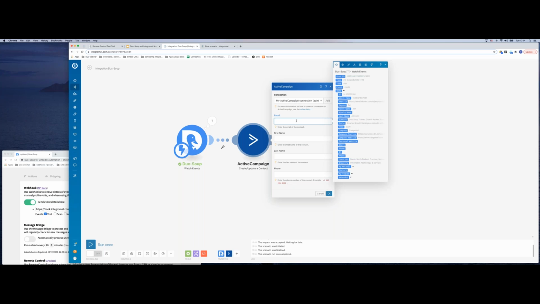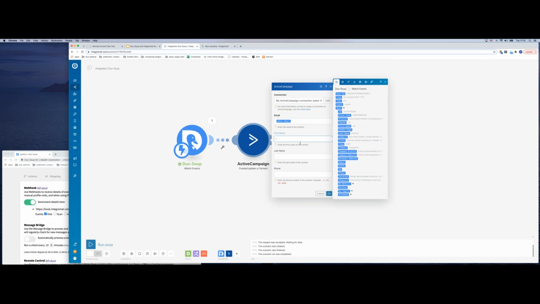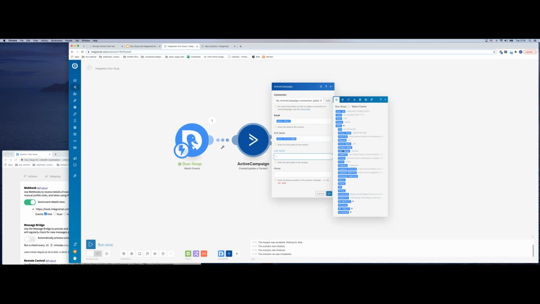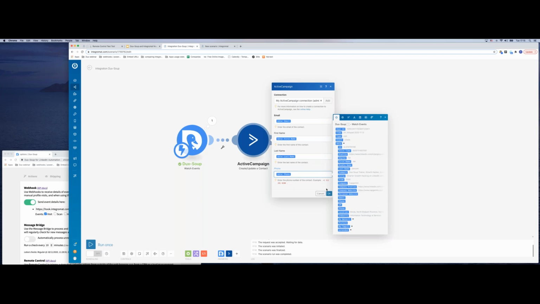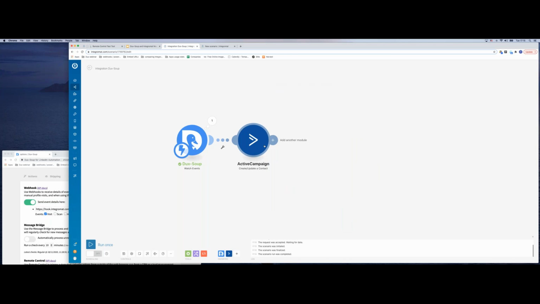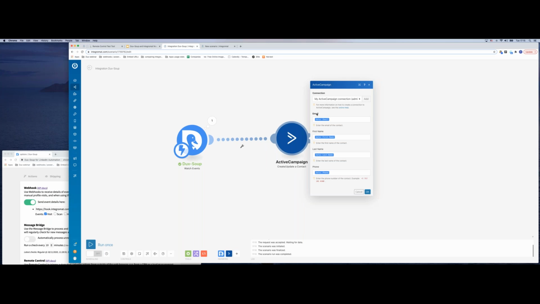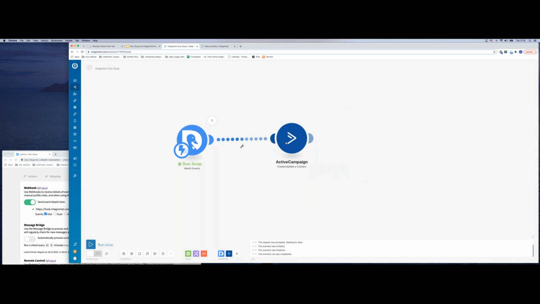For the first thing that we will update is email. As you can see here in the first batch of data, we don't have any email. So we will need to handle also some filter or error handler. I'm mapping another data like first name, last name, and the phone number. I think that this will be enough. So basically, if the ActiveCampaign or any other module requires this, bold means that it's a required field, and we are sending from dux-soup to ActiveCampaign something that doesn't have the email,